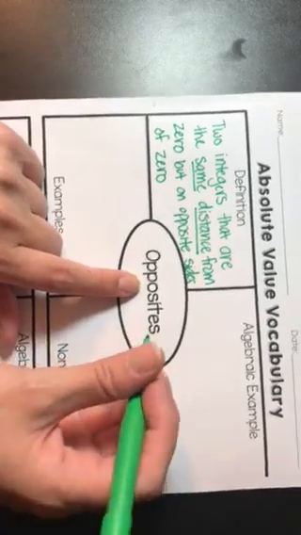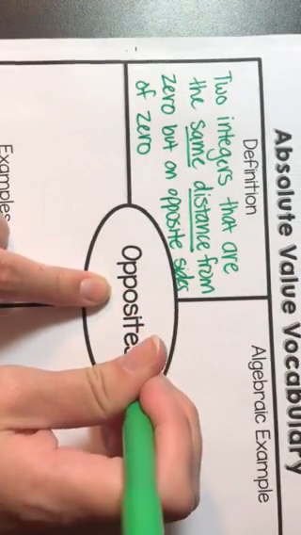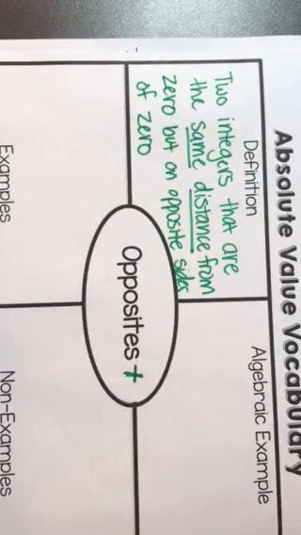So opposites are the same distance away from each other, but one side is positive and the